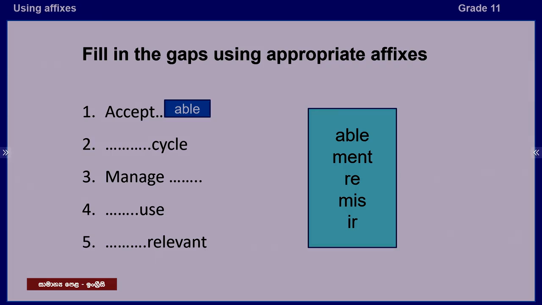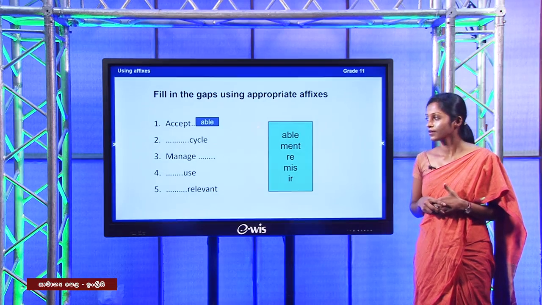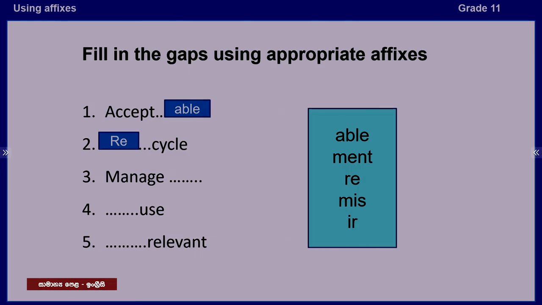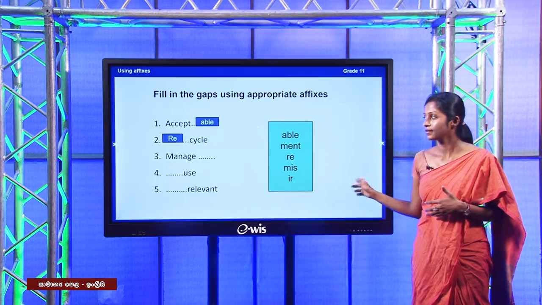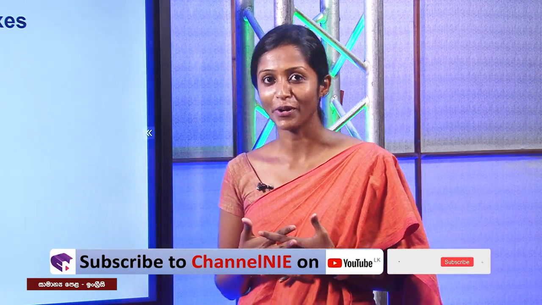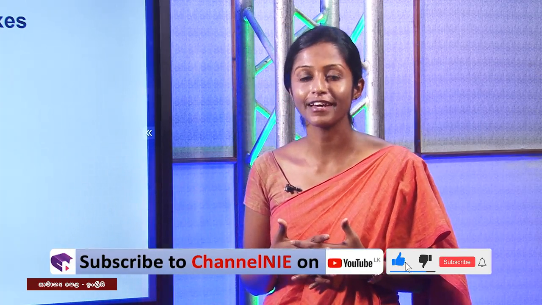So this is the answer for the first one: acceptable. What is the answer for the second one? Recycle. Third one, management. What about the fourth one? Misuse. And fifth one, irrelevant. Now I am going to discuss with you the changes that suffixes and affixes make